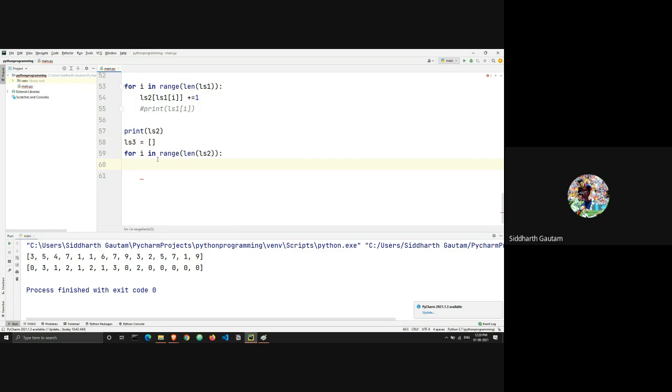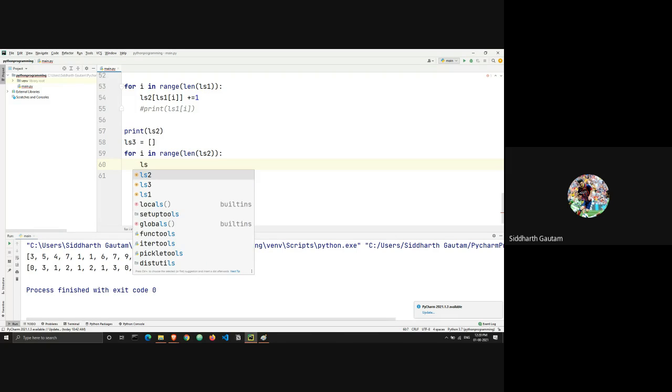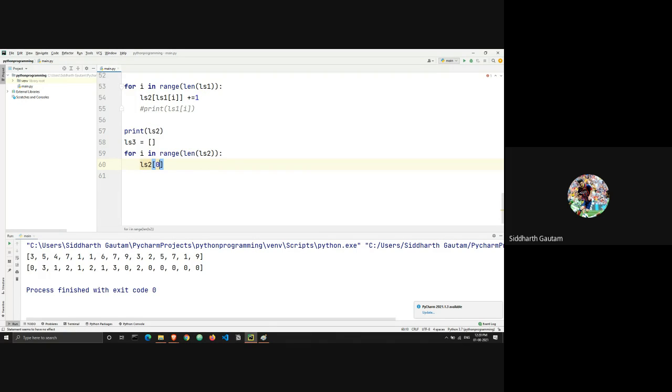In the first iteration, the index i is 0. So ls2 of 0 will give us whatever value that is. So how do I take the value and add it as many times?